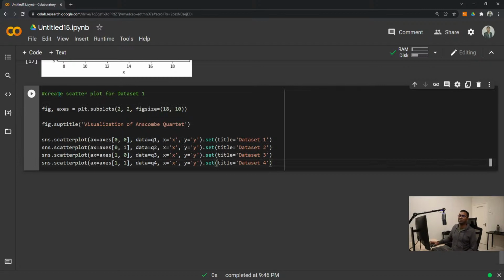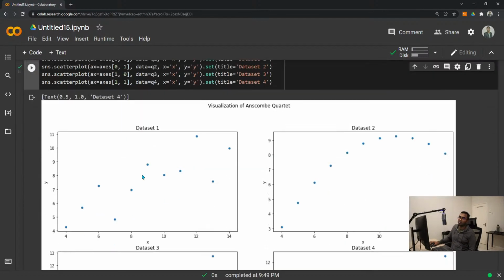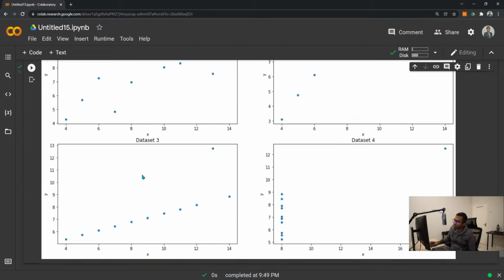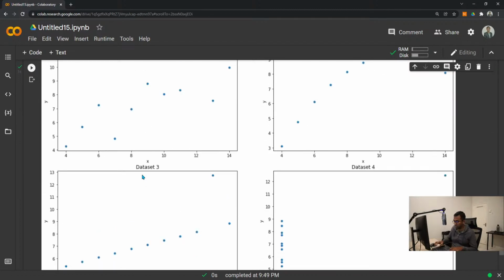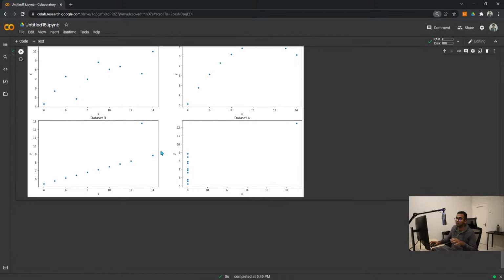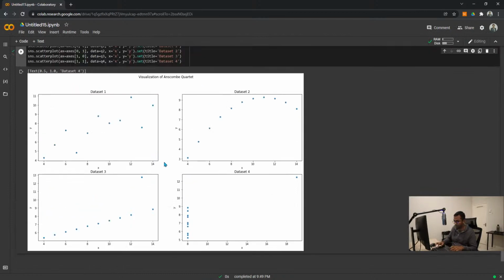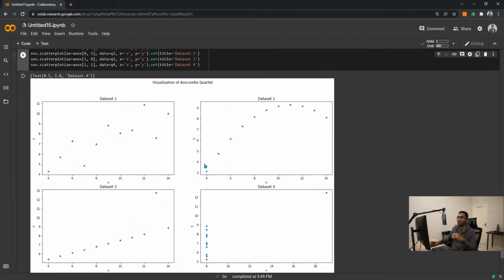Okay, so you're trying to create the scatter plot for dataset 1, 2, 3 and 4. Bagi dia cantik-cantik, kemas so that you can compare. I think you guys can see it better now lah. So